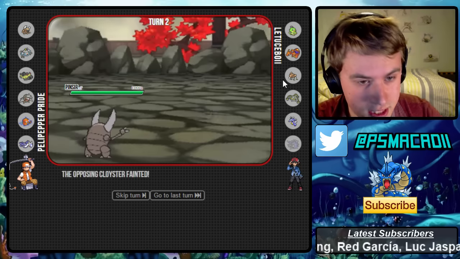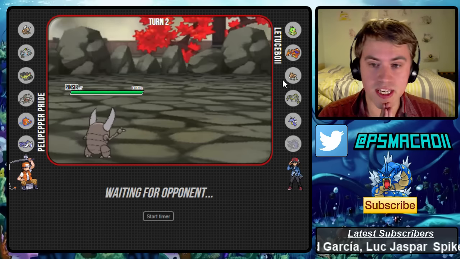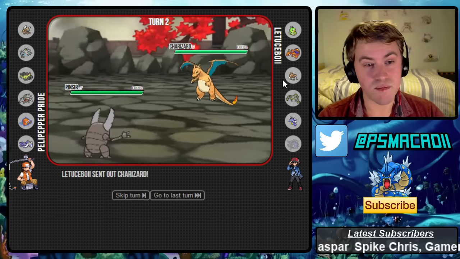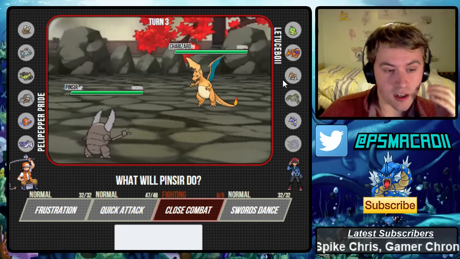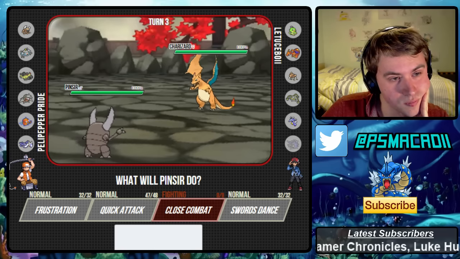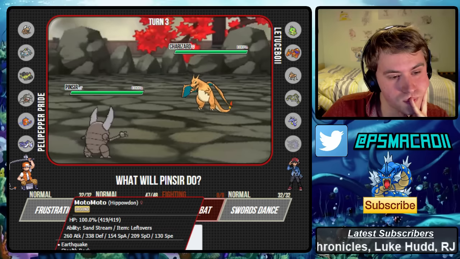That's fantastic. Cloyster is out of the way. We didn't get our Mega Up, unfortunately, but I did not want to risk taking a super effective Ice Shard, because I think that may have killed. He does go into Charizard. Now, I don't know what this Charizard type is. He is probably...